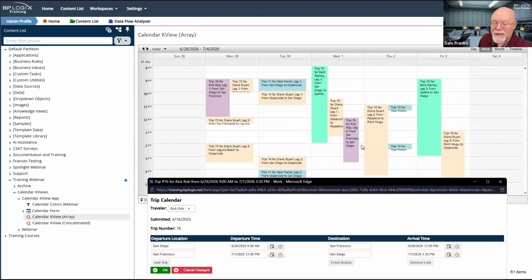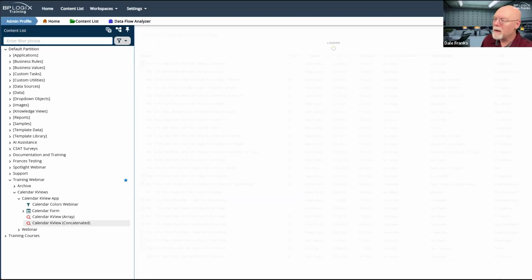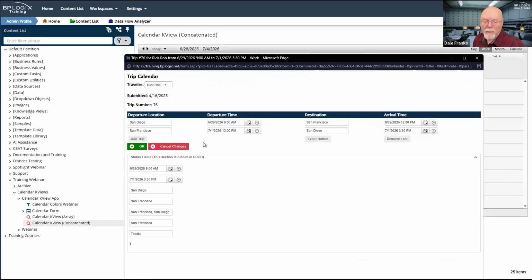Of course, arrays can also be concatenated, which brings us to this second K-view. We'll go back here and look at the calendar, which if I click on Rick again, obviously it just pops open in the same form. But notice this has been concatenated. That means we have to look at the bottom of the form.